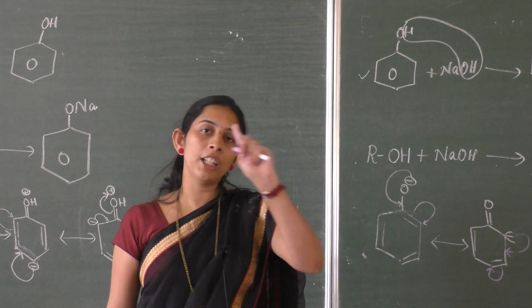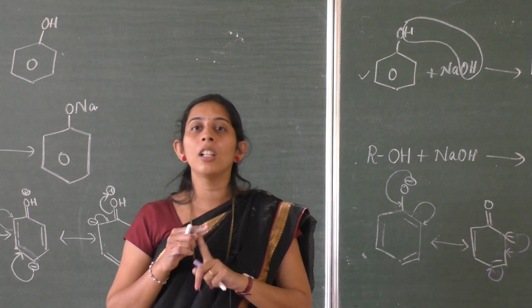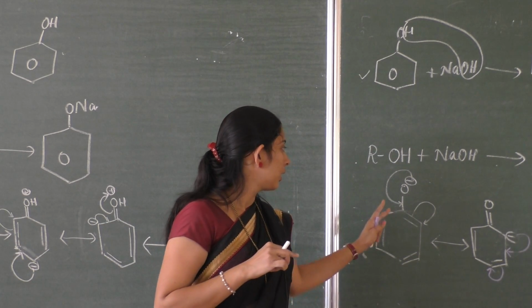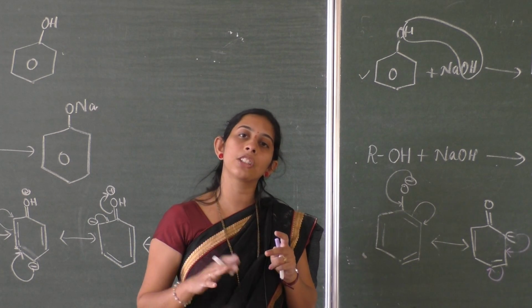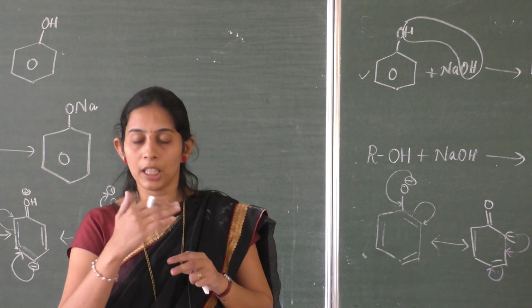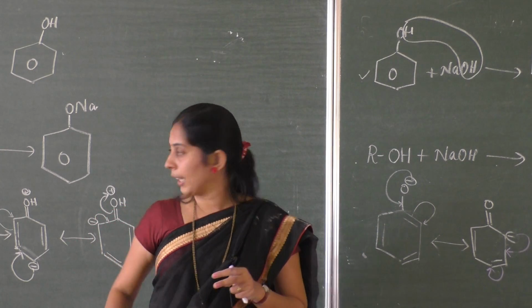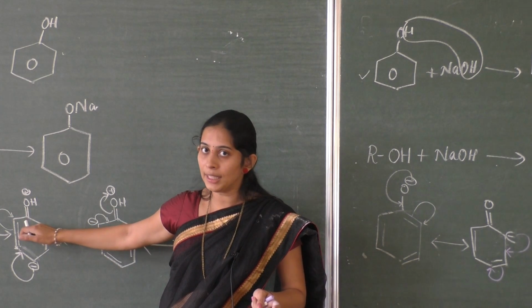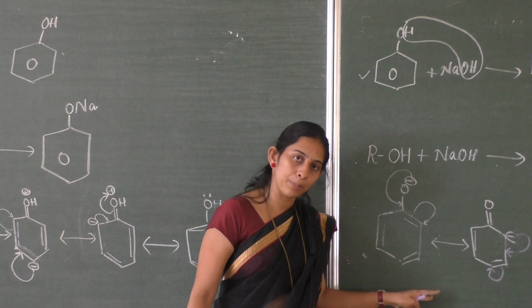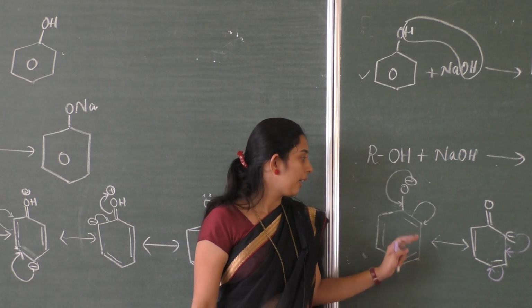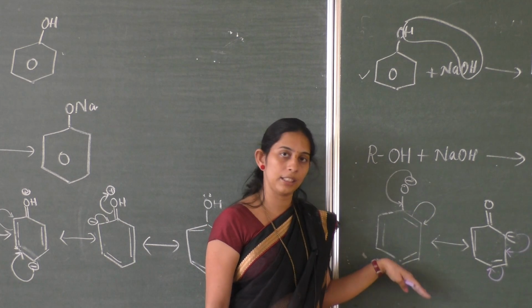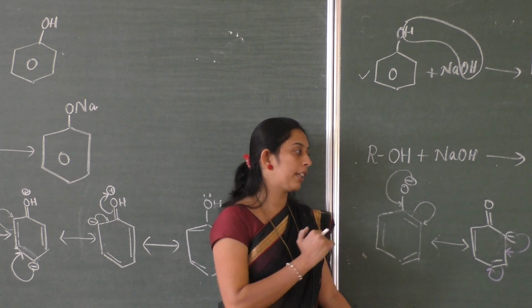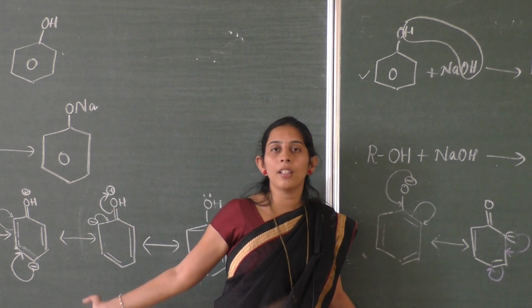Hope it is clear. There is only one main reason behind it. In the phenol, charge separation takes place, whereas in phenoxide, delocalization of the negatively charged electron takes place around the benzene ring. Here also delocalization takes place, but both the positive as well as the negative charge is present, whereas here only one charge is present, the negative charge. Therefore charge delocalization takes place, so the electron density does not decrease. Therefore it is more acidic compared to the phenol.